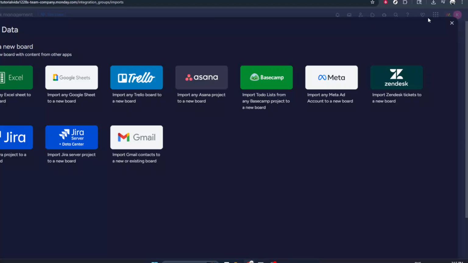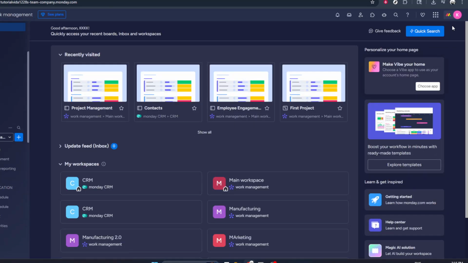In today's video, I'm going to teach you how to import data from Trello in monday.com. If you're moving your workflow from Trello to monday.com, or you just want to bring in some existing Trello boards to keep everything in one place, this process is actually very straightforward. I'll walk you through exactly what to click, what to look out for, and a few tips to make the